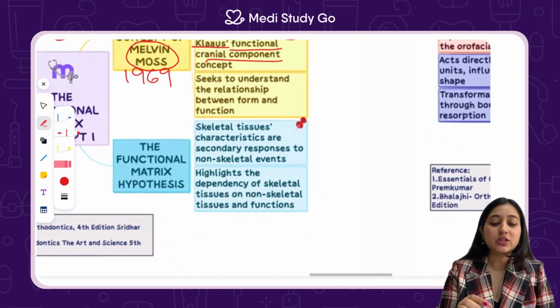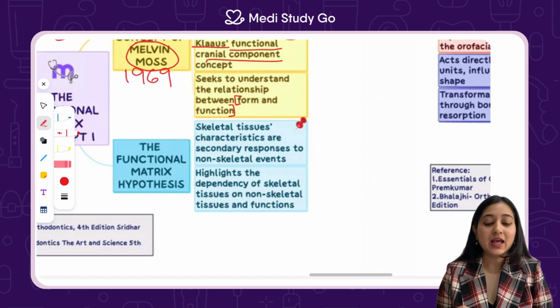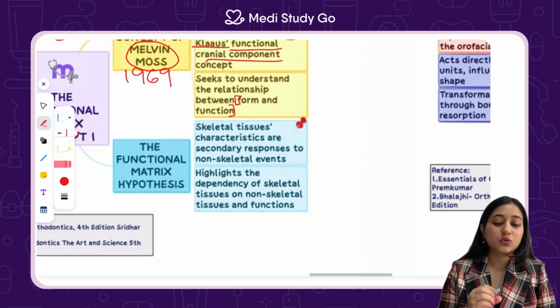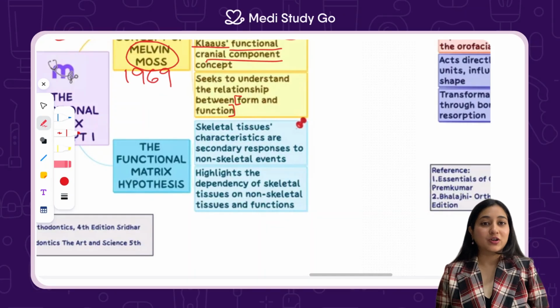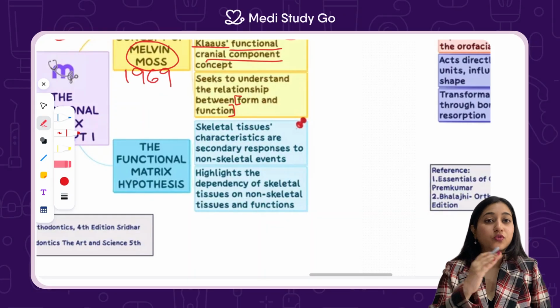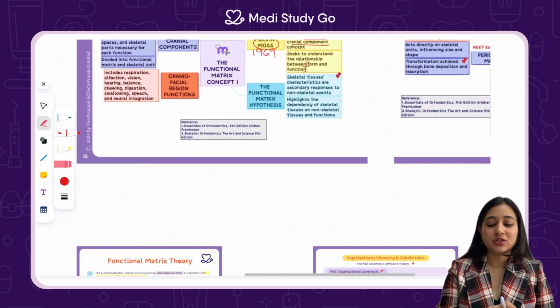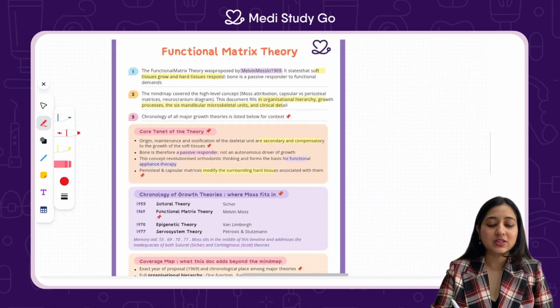This theory also seeks to understand the relationship between form and function, a very, very important sentence. In the last lecture, I had told you about form follows function. That is the essence of the functional matrix theory. So form follows function. Let's see the definition of the functional matrix theory in order to understand what this simple